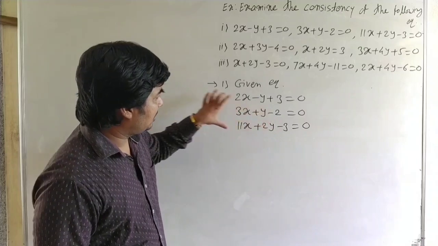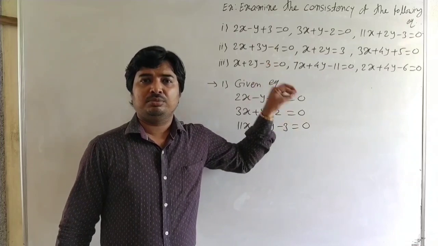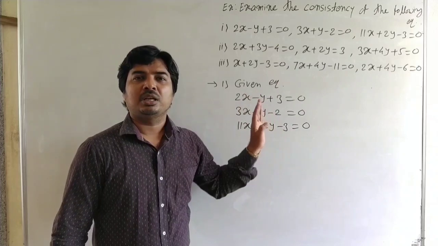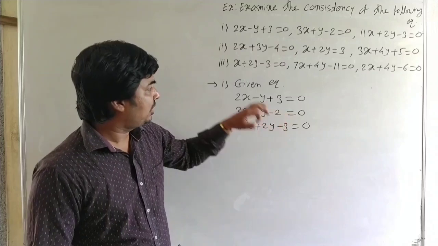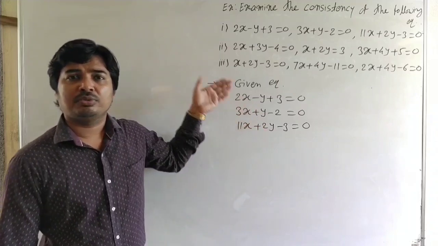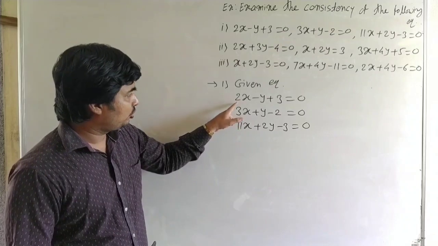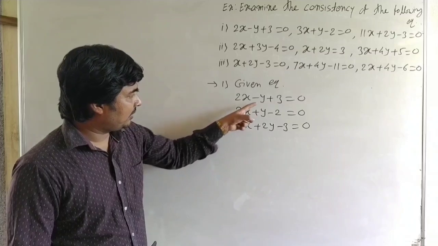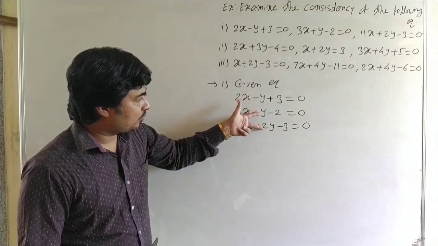Okay, here that means the determinant of a1 b1 c1, a2 b2 c2 and a3 b3 c3, if this determinant is equal to 0, then the lines are consistent, and if the determinant is not equal to 0, then the lines are not consistent. But before that we can check whether the lines are parallel or not. That means whether the coefficients of x and y of the equations are proportional or not. It is 2 by 3 and it is minus 1 by 1. Okay, that are not equal. It is 2 by 11 and it is minus 1 by 2, not equal. Here 3 by 11 and it is 1 by 2, not equal.